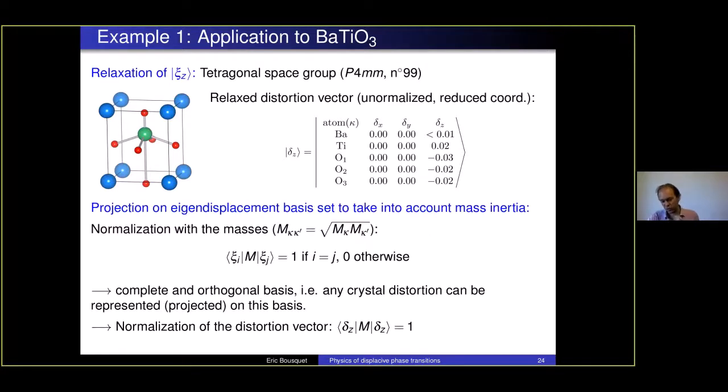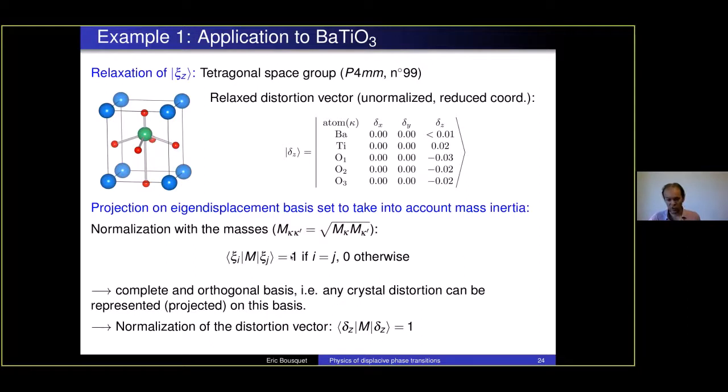And then here is a technical detail, another subtlety: you need to normalize these vectors not with respect to themselves, but with respect to the mass. Because when the atoms displace, they have some inertia due to the mass. You see the barium is really heavy with respect to the titanium and the oxygen, and you need to take that into account. Usually when you do this type of projection, you take what we call the eigen displacements, where you normalize the eigenvector with respect to the mass. This means that you plug in what we call a mass matrix. For every atom, you take into account its mass, and then you normalize the eigenvector with this mass matrix in between.